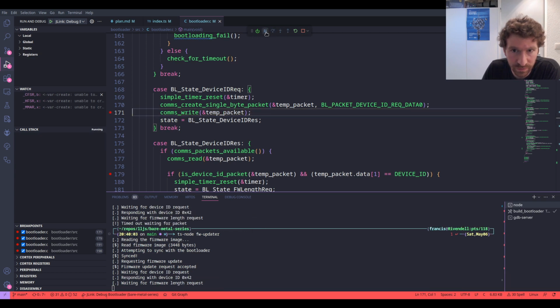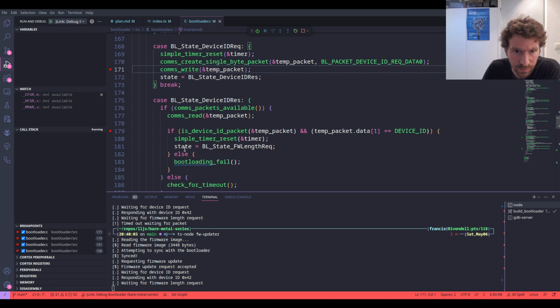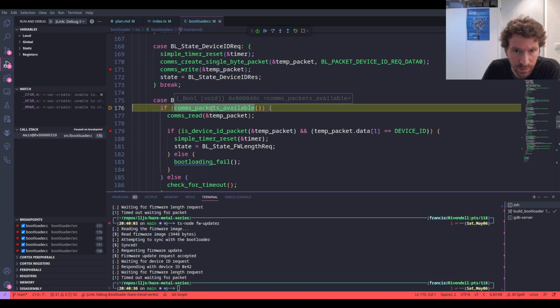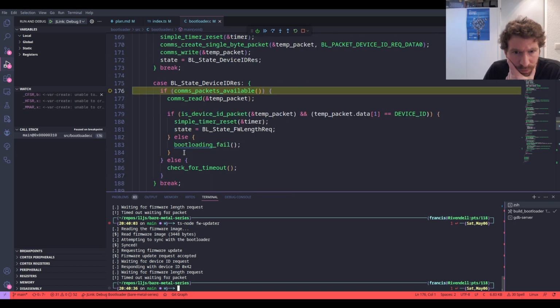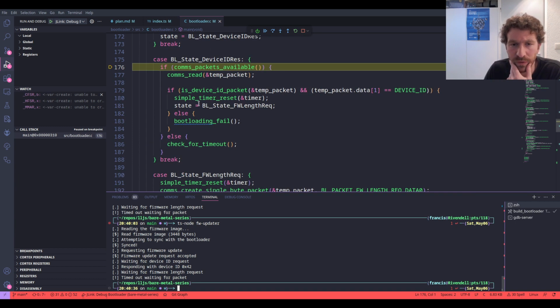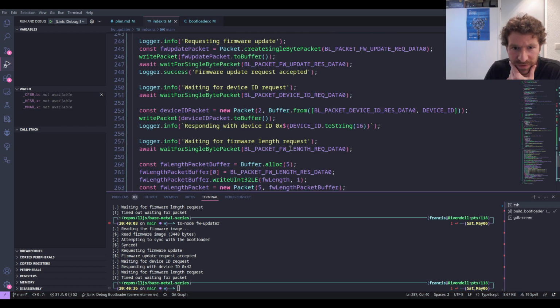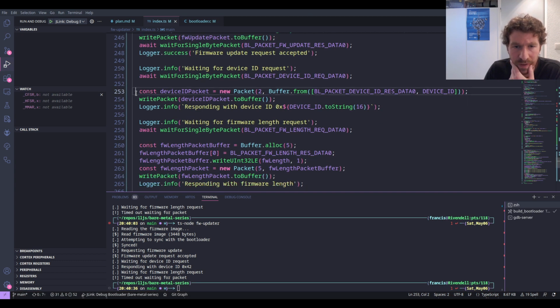Okay, here it is. We send it. Okay, so as far as us getting the response, it looks like somehow... what's going on here? So we're here and it seems that we're not getting a packet, or the packet is not being written properly. So let's check that I'm doing this correctly. Device ID packet. Device ID, write the packet, log responding with this,